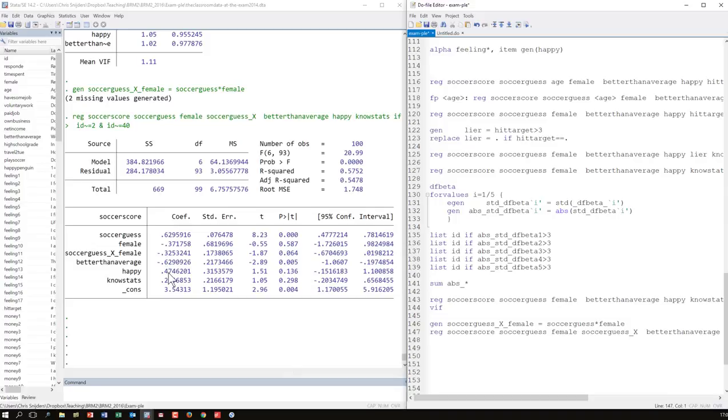If you would do that then with, for instance, happy. Okay. It's not significant, so that's an interval variable. Yeah, so let's show the interact command as well. That's a bit easier for interval scaled variables. Soccer guess happy generates yes.